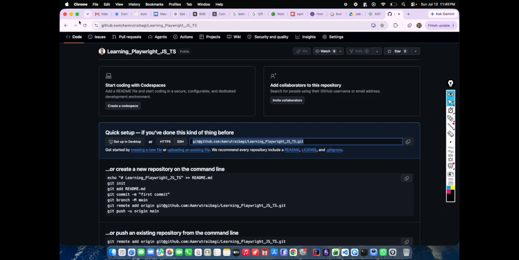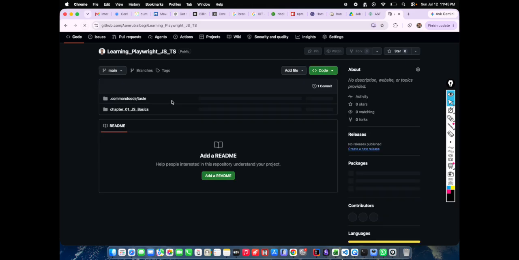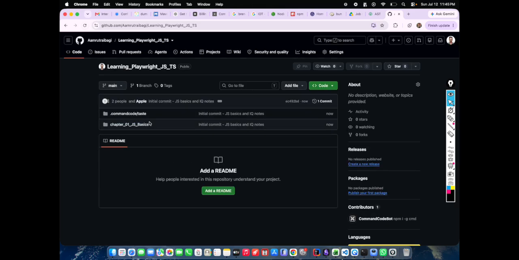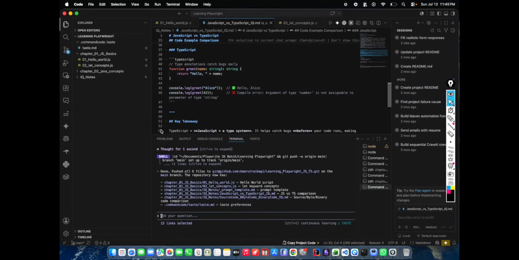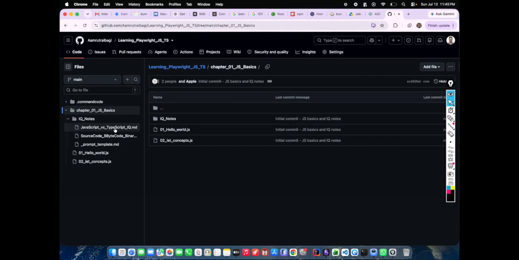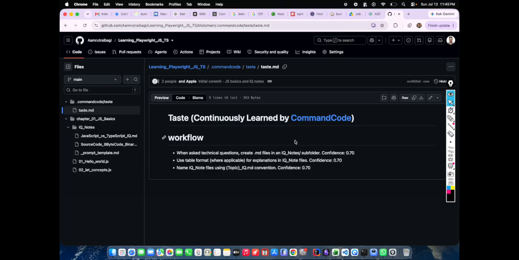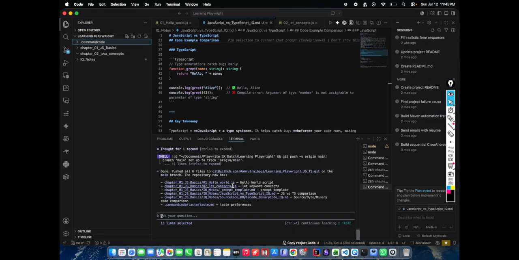Okay, let me just refresh this guys. So see guys, it has already created it. Inside chapter 1 we can see this, but it has not pushed all the code. The test file it has pushed, but not all the code. So we need all the code in a proper format. Push this now, however